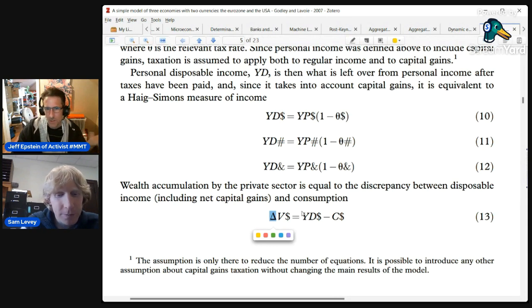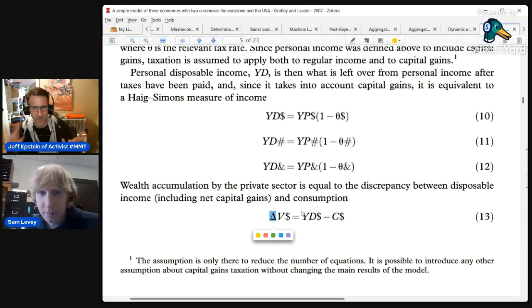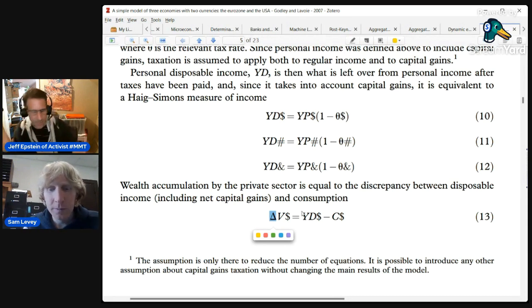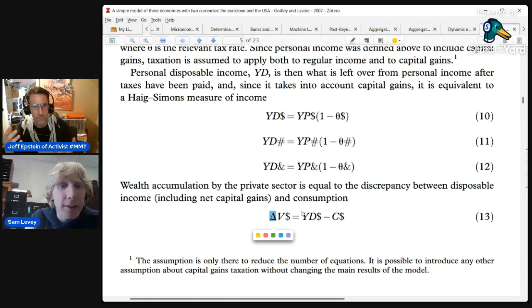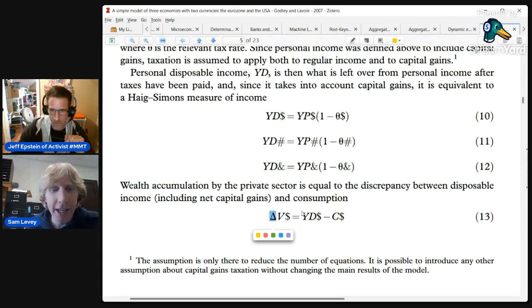My disposable income minus my consumption. So after taxes, I have 100 in income. I'm taxed 50. I have 50 left over. That's my disposable income. I spend 25. I have 25 left. So change in wealth, I'm not exactly sure what period it's referring to. I guess just this year I spent 25 after taxes, so I have 25 left over, which means your wealth goes up by 25 from whatever it was before. This year. Okay. All right. Yeah. I got that.